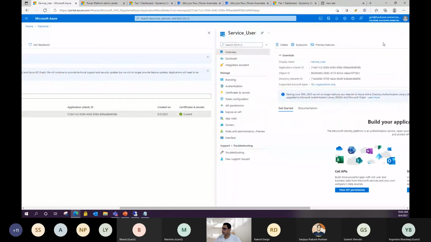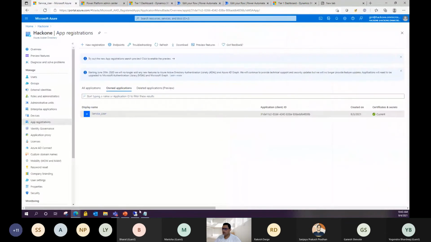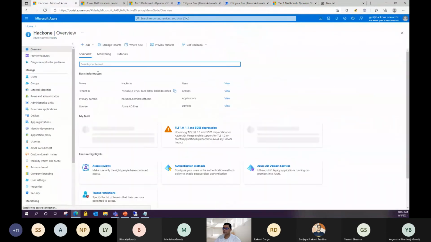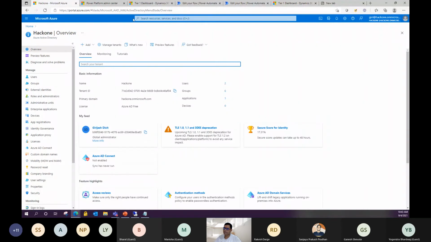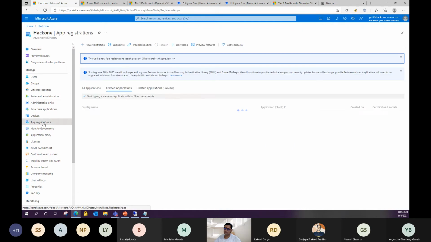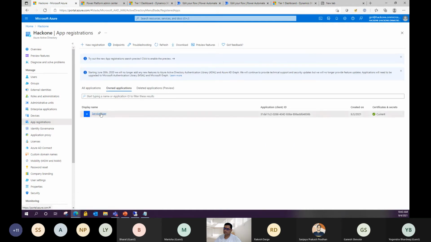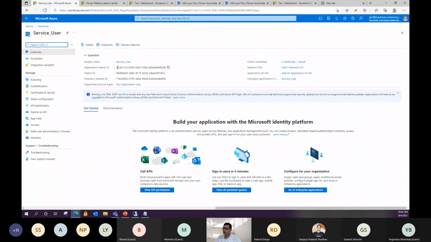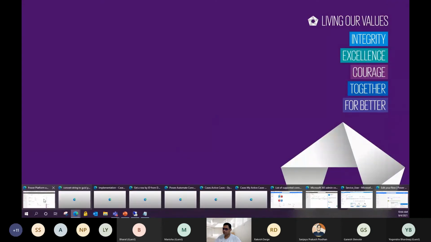So this is the app user, and if you go to the endpoints, this is the client ID, and the secret key which I've created is already saved in a notepad file. So I'll use the same here.